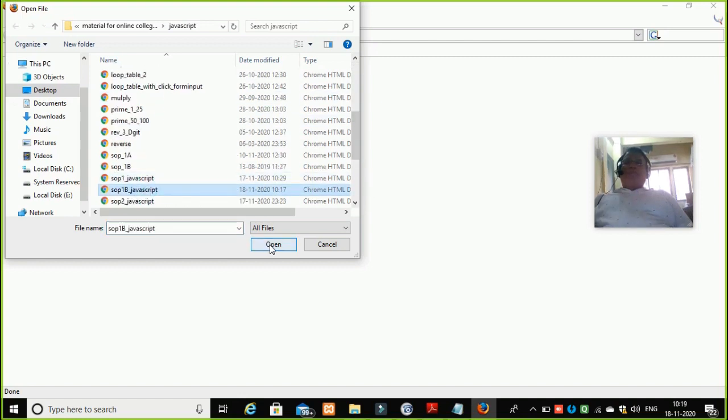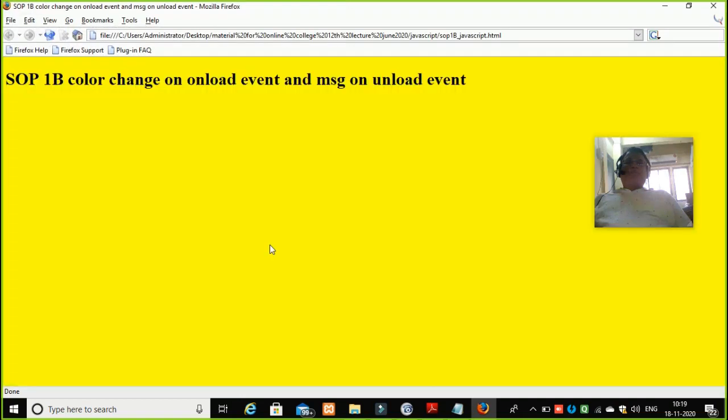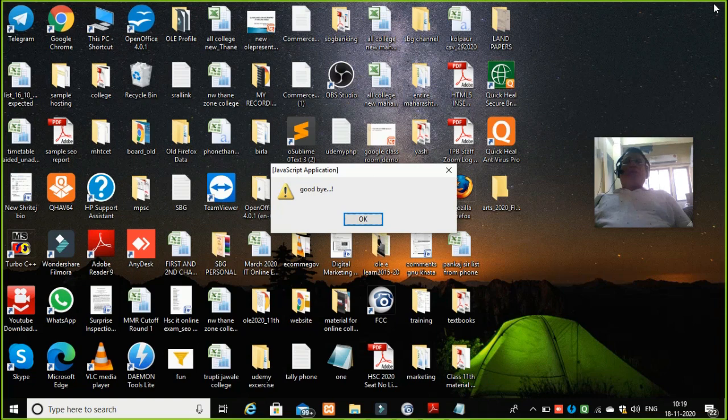Select your program. And when you close this, you will see the unload event is being fired. It is saying goodbye to you. So your output should contain the color change page as well as this goodbye page on the unload event. Okay, this is how the program will run for 1A as well as 1B. Now both the programs are over.